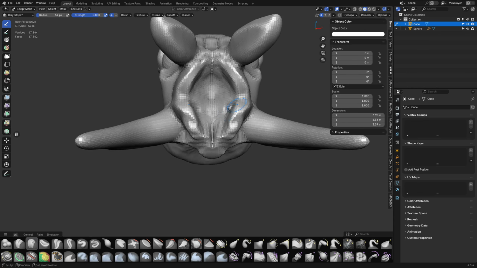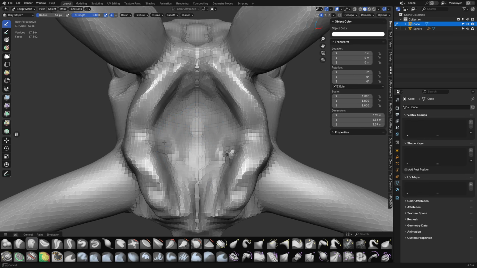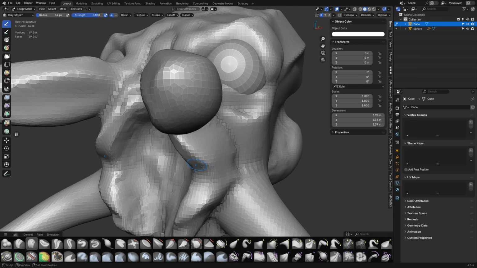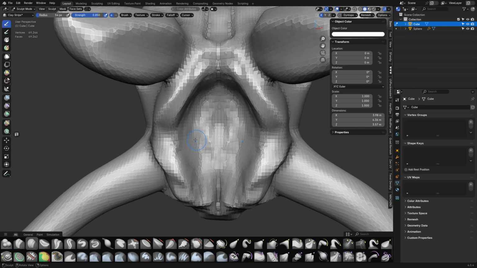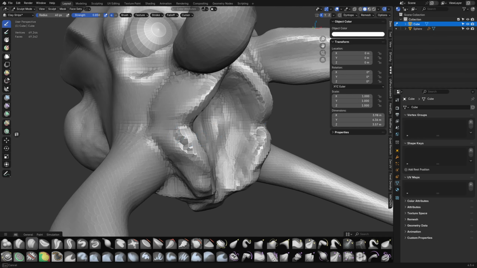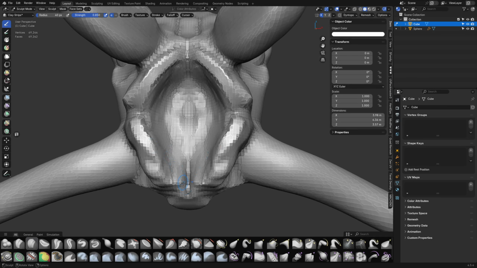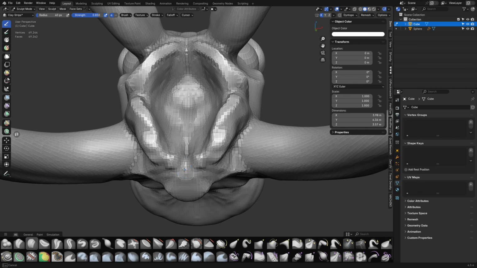So we can do that, and we can add teeth in here, do stuff like that. That's not a problem. Depending on which kind of strategy you want to go for doing a character or its mouth or a creature, you might do it closed and split it later. You might do it kind of halfway open. You can do it fully open, but it's really up to you to determine which sculpting techniques you want to use. Not supposed to be a video on sculpting necessarily, but